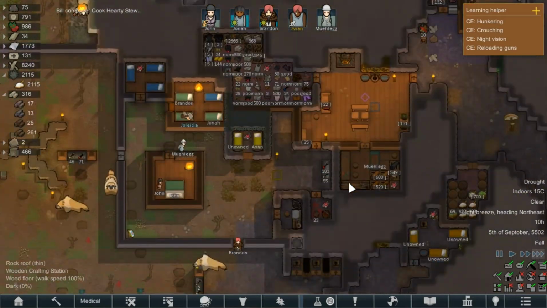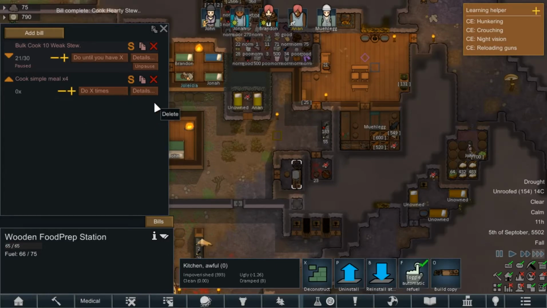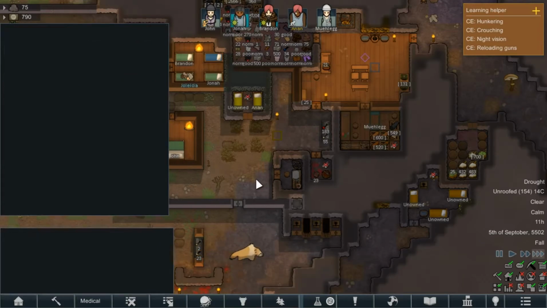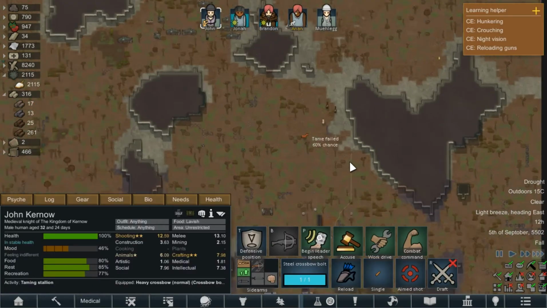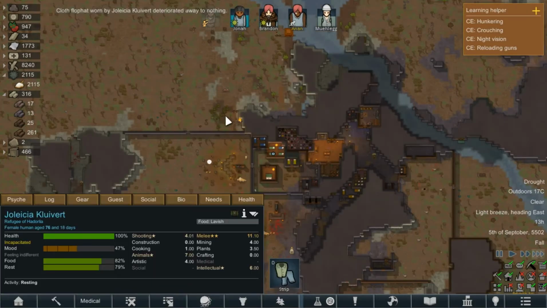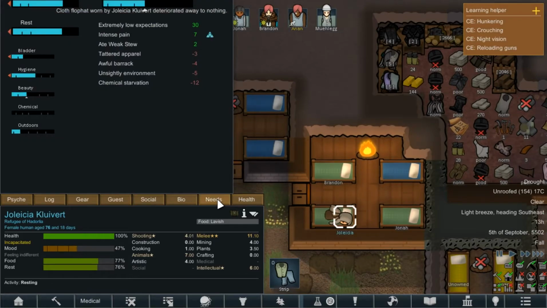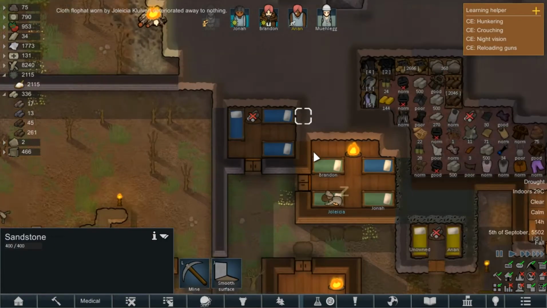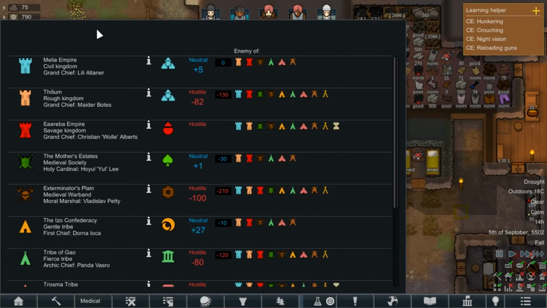Alright, cooking stews. Okay. Yeah, so that stuff is deteriorating. We can't get rid of her. Like, I have no way. Just please leave. Because the thing is, if we kill her, I'm pretty sure, yeah. If we kill her,